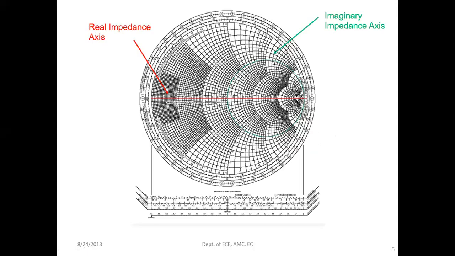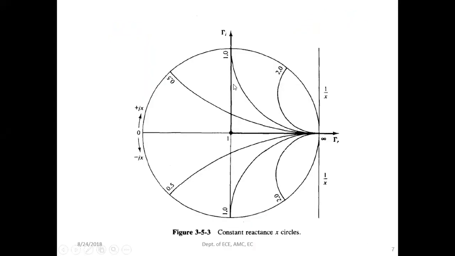If you see this, there is one more circle which is overlapping your normal circle. It is like an arc which is overlapping all the circles here. On this side there are some arcs like this, and on the down part you also have some arcs like this. Those are called reactance X circles. In the chart, you have a center line here, and from the center to the above part, it is positive reactance. So all the values will be plus jX, positive reactance.